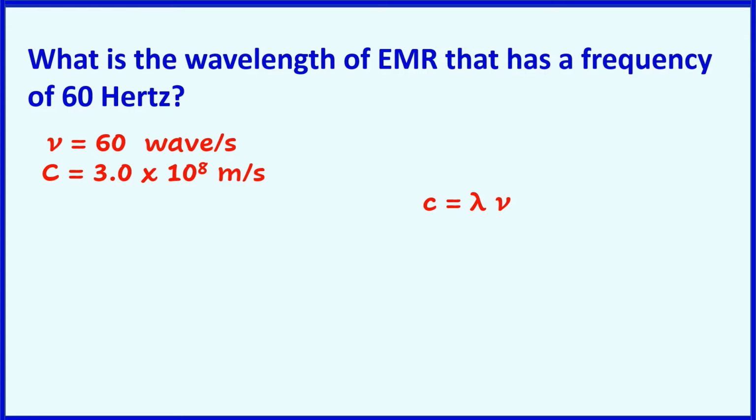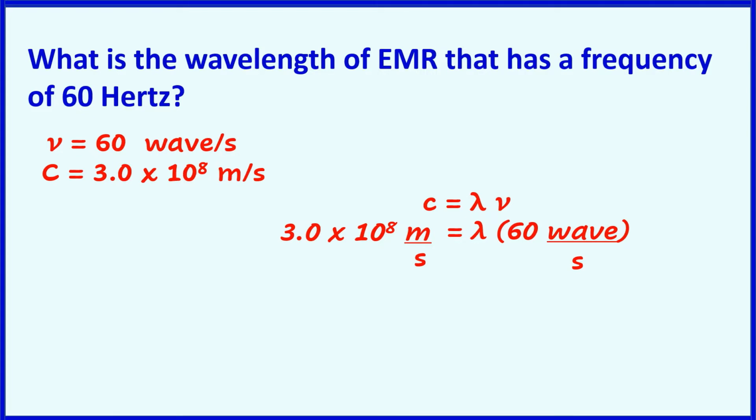So now that I have the givens list and the formula side by side, I'm just going to take the numbers from the givens list, plug them into the formula where they belong. So speed of light, 3.0 times 10 to the 8 meters per second. And I want to include those units so that I'm going to be able to figure out what my units are at the end. And the speed of light then equals wavelength times the frequency, which is 60 waves per